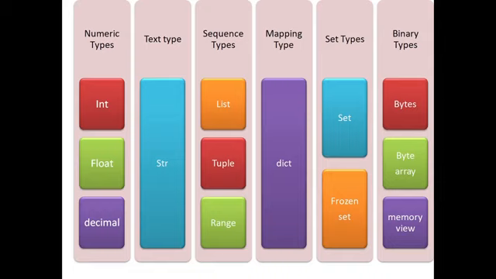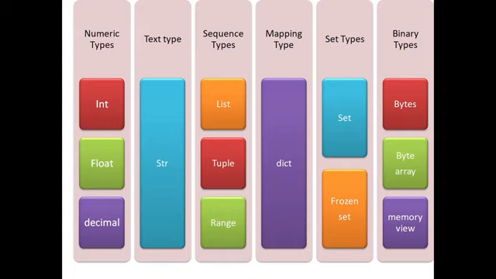So why are built-in data types very important? Because whenever we write any program, it is necessary for us to choose an appropriate data type. For example, if you are going to handle some strings, we should not choose an integer data type. If you are going to handle packets or something that deals with bytes, we need to choose an appropriate data type. It will make manipulation easier for us, and affects efficiency, time efficiency, and how complex it is. All these factors we need to keep in mind when we choose a data type.